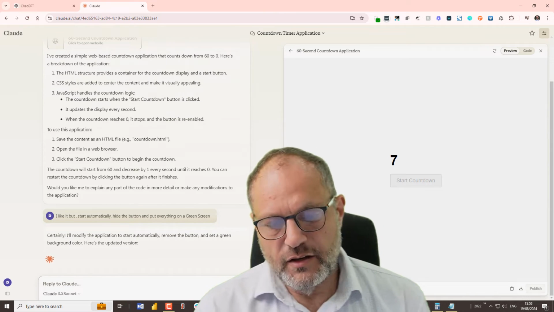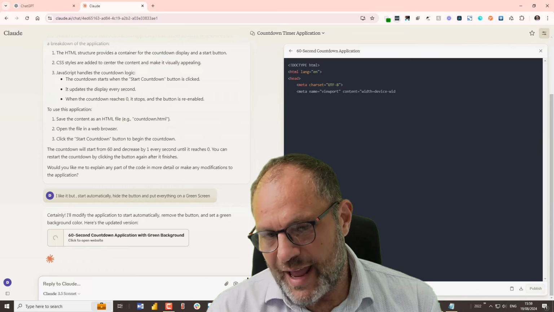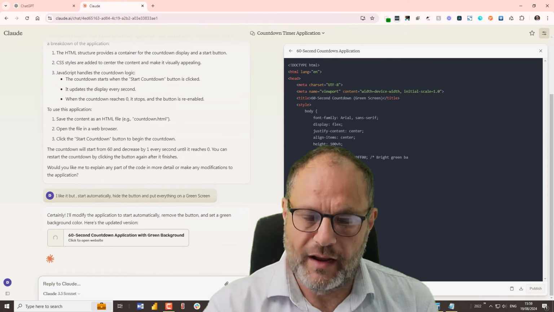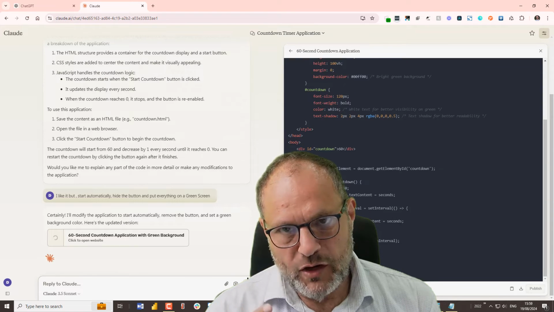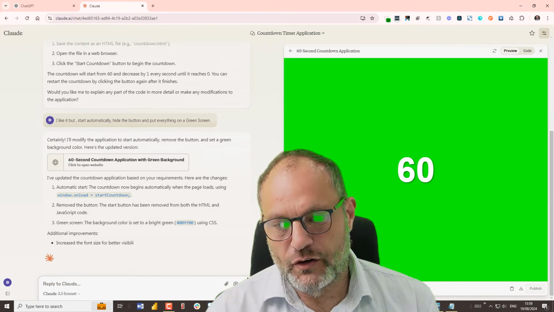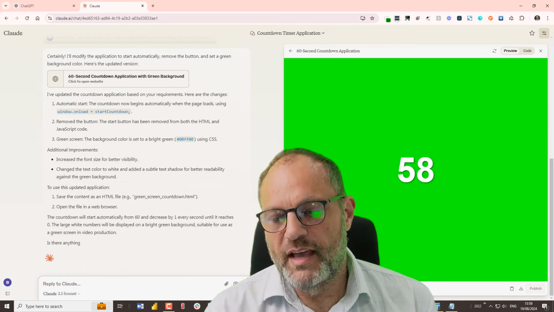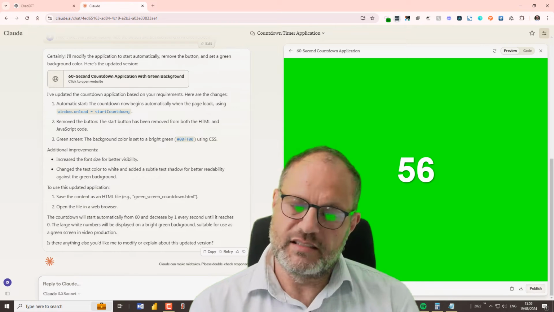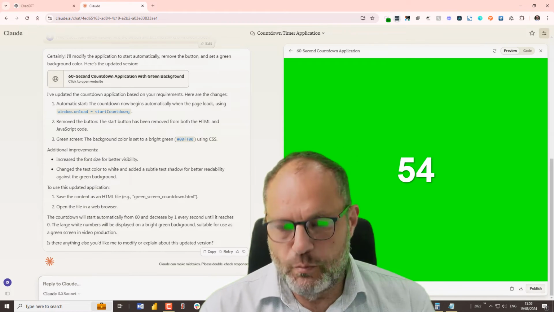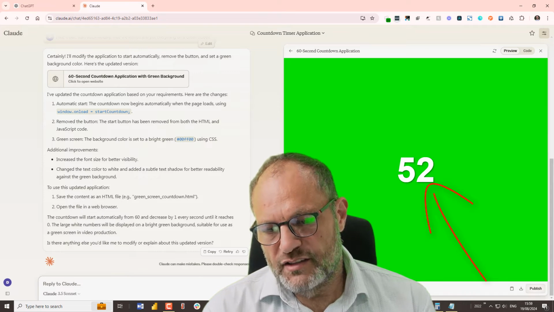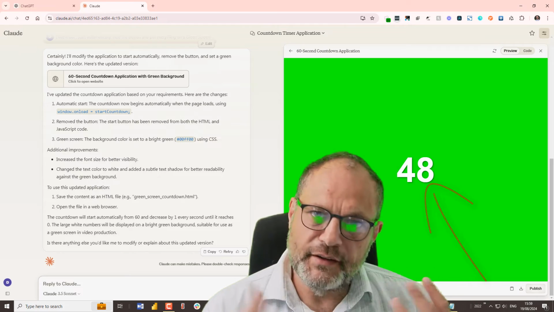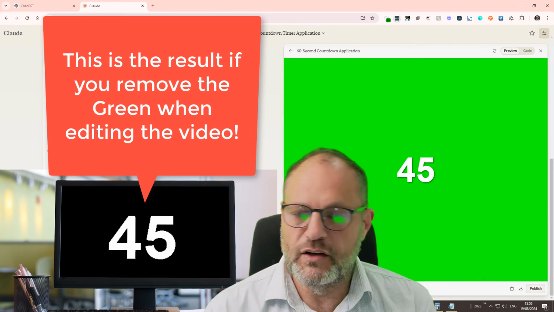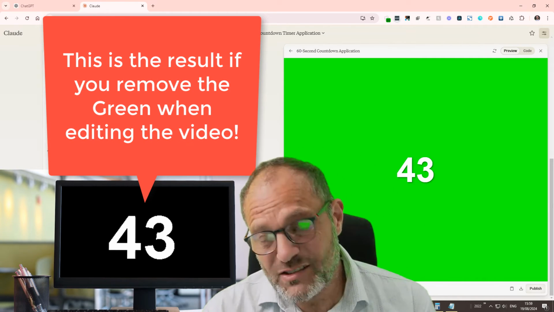Now it's interesting, you'll notice at the moment it's got black text. You saw the numbers were black. I've got a feeling that Claude uses a bit of logic and says, well, black doesn't look good on green. There you go. There's your numbers. Okay, now it's decided on its own to put shadows. Can you see the shadows behind there? You may or may not see them. I can ask it to remove the shadows, or I could leave it like that.